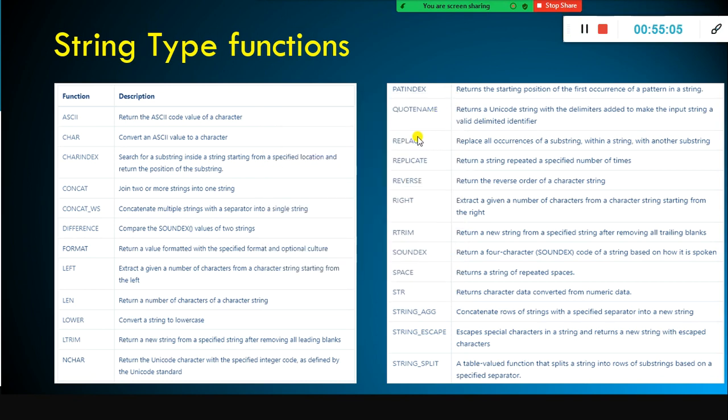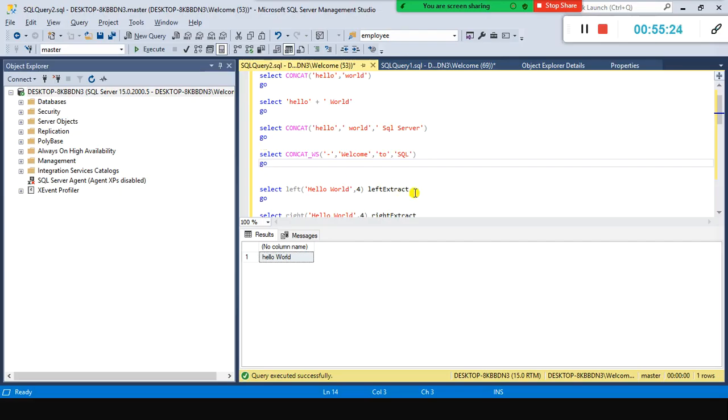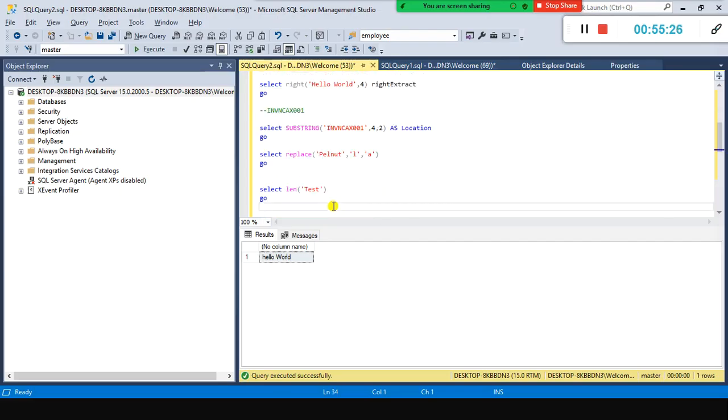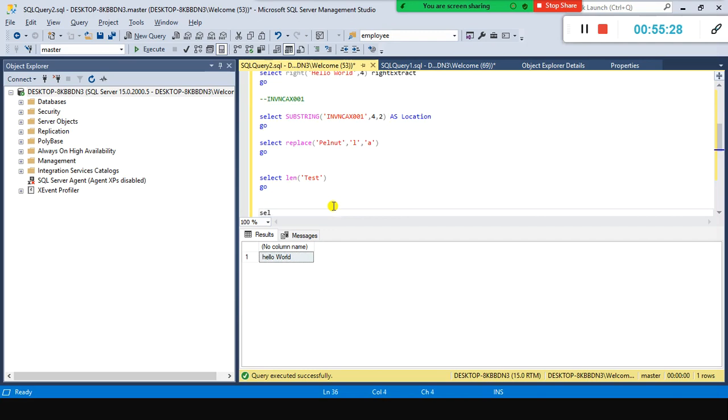Right, so NCHAR and all these functions you can try out. STRING_SPLIT is also very helpful. You just try all these. And we have something called the REPLICATE function. If you want to replicate certain things, you can do it. Select replicate.